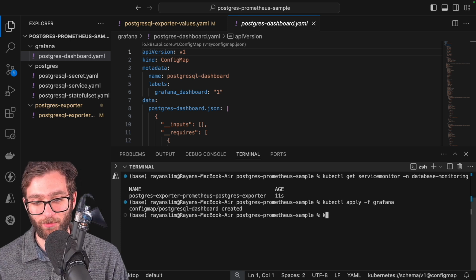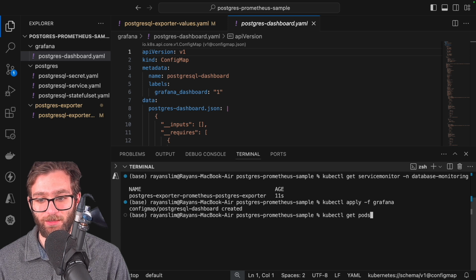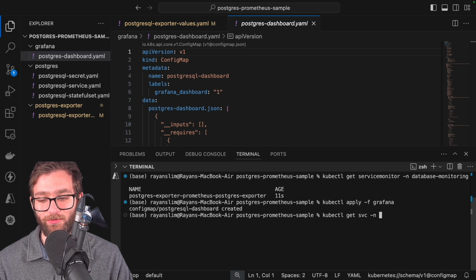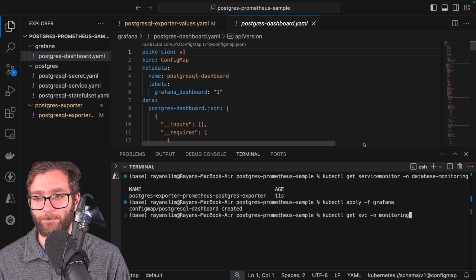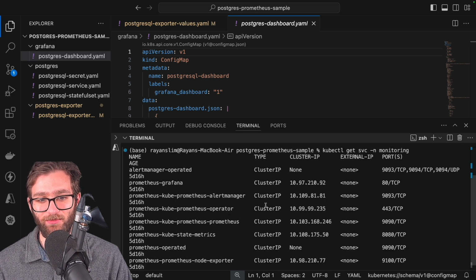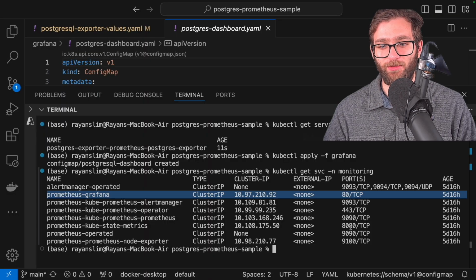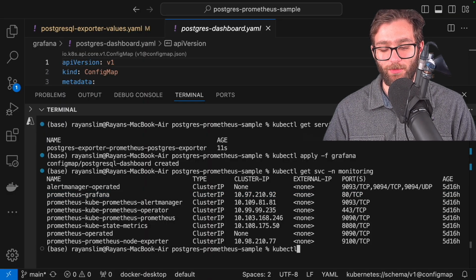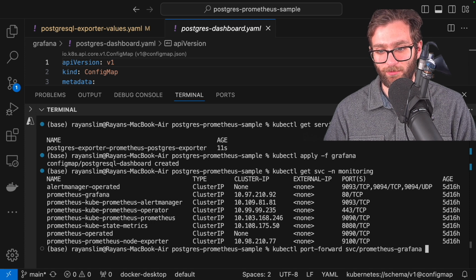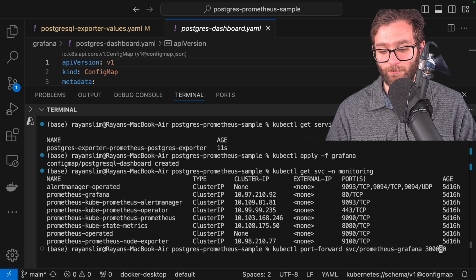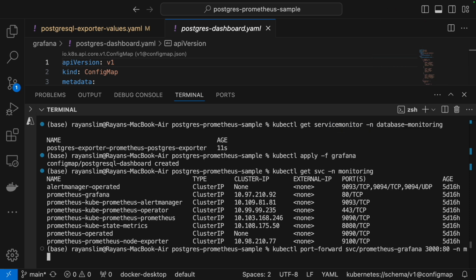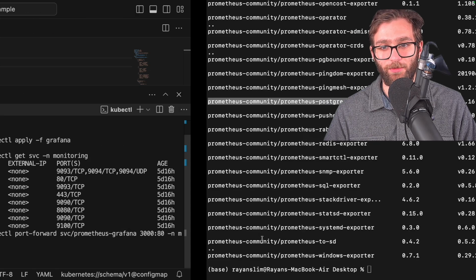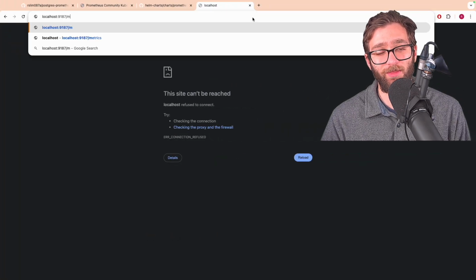All right. And then what I can do is say kubectl get services -n monitoring, because that's where my Grafana service is. And I'm going to port forward prometheus-grafana: kubectl port-forward the service prometheus-grafana from port 80 to port 3000 of my local machine, -n monitoring. All right, so now if I go to localhost:3000,